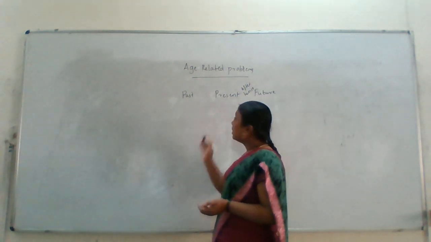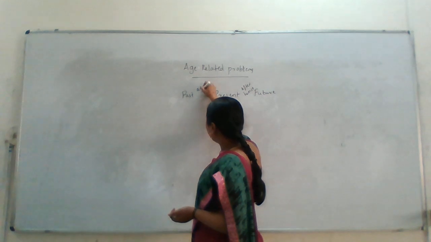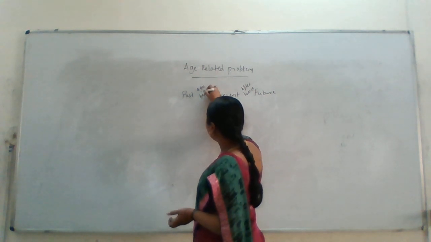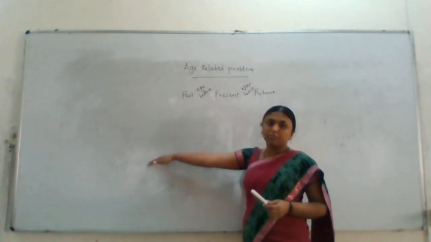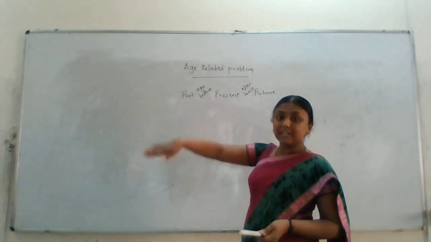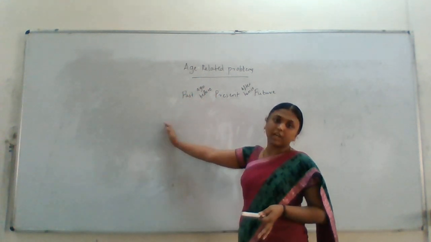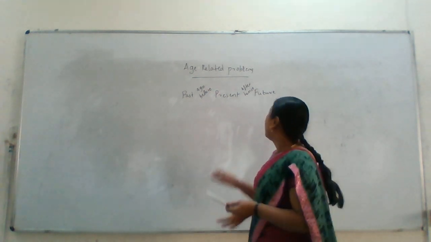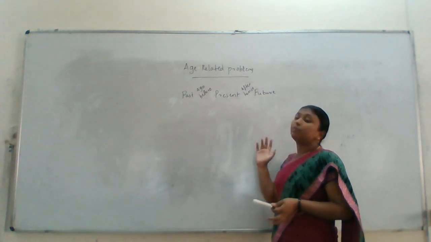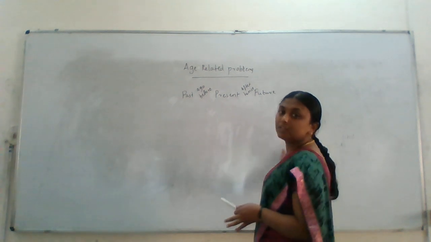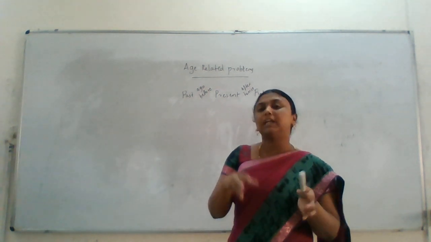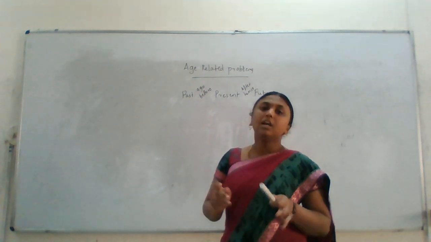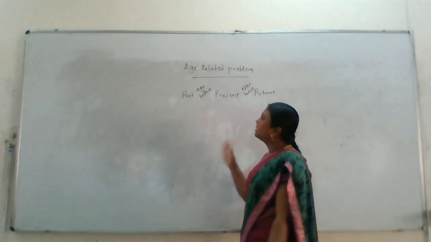Past means 4 years ago, before 4 years. You get words like this. So 4 years ago means past value, that is before 4 years. And after 4 years, hence 4 years, means it is future value. Present, usually they give the present age of son, present age of father. Okay, just remember these words.